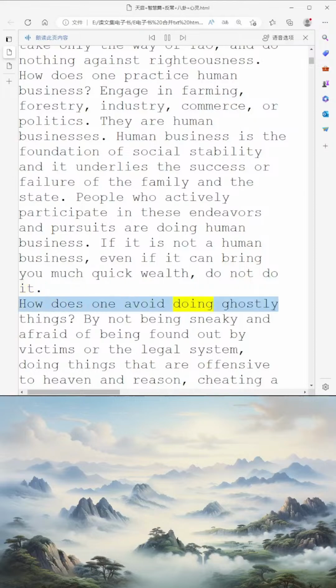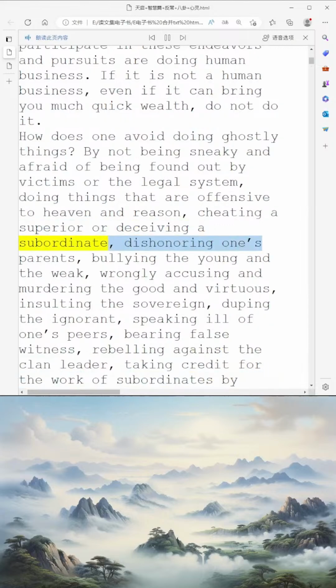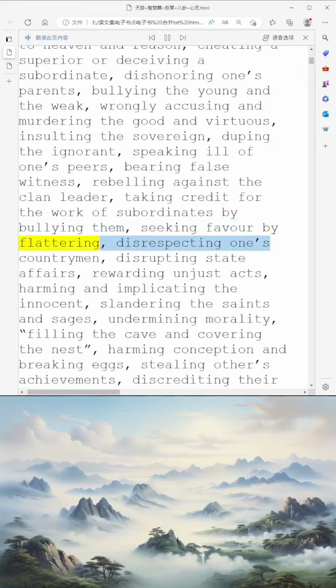How does one avoid doing ghostly things? By not being sneaky and afraid of being found out by victims or the legal system, doing things that are offensive to heaven and reason, cheating a superior or deceiving a subordinate, dishonoring one's parents, bullying the young and the weak, wrongly accusing and murdering the good and virtuous, insulting the sovereign, duping the ignorant, speaking ill of one's peers, bearing false witness, rebelling against the clan leader, taking credit for the work of subordinates by bullying them, seeking favor by flattering, disrespecting one's countrymen, disrupting state affairs, rewarding unjust acts, harming and implicating the innocent, slandering the saints and sages,